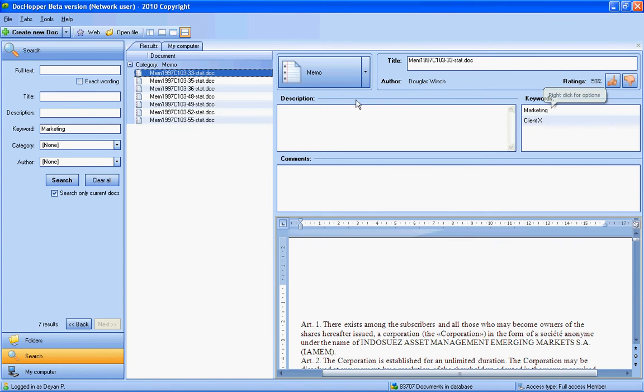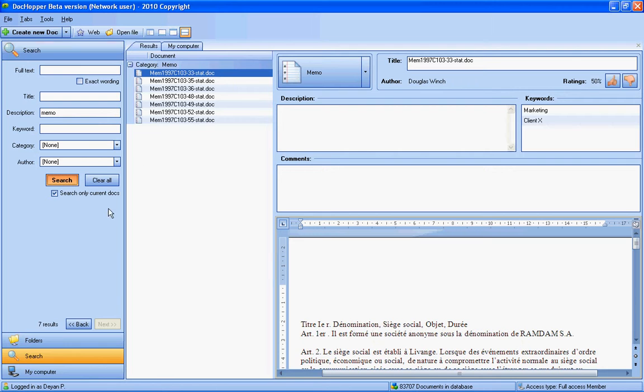7 documents that have been classified under the correct folder and have both keywords marketing and client X. Now I could scan quickly through the results, or I can just remember, fourth thing that I remember about my document, that somewhere in the description I had the word memo written. So I'm gonna do again Search Only Current Docs, a search on this document, and what I see is that right now I only have one document which has the memo in its description, the keywords marketing and client X,